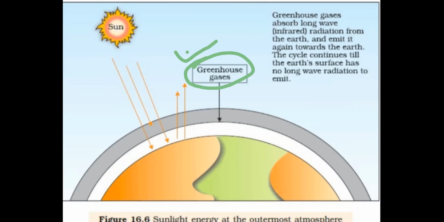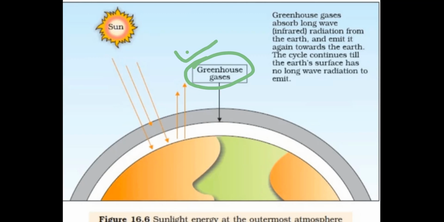The whole of the sunlight radiation does not reach the earth. One quarter is reflected back by clouds and gases before reaching the surface of the earth. Another quarter is absorbed by the atmospheric gases. 50% reaches the surface of the earth. A small portion is again reflected back from the earth's surface.